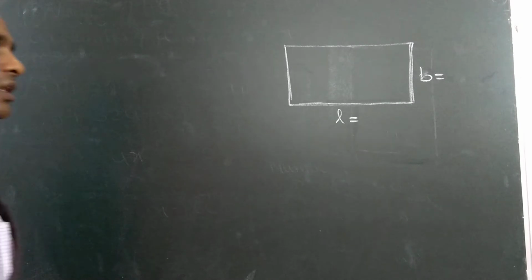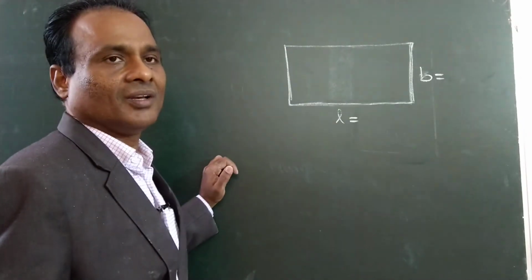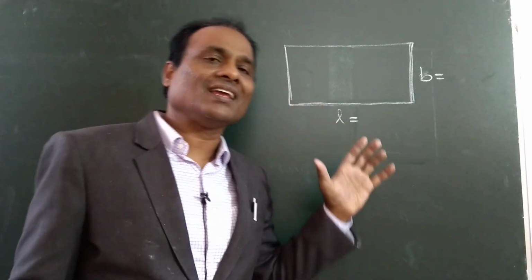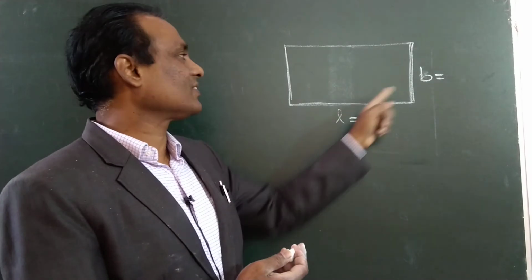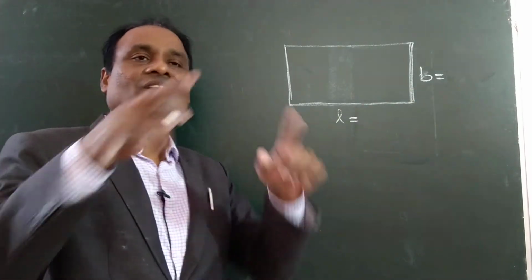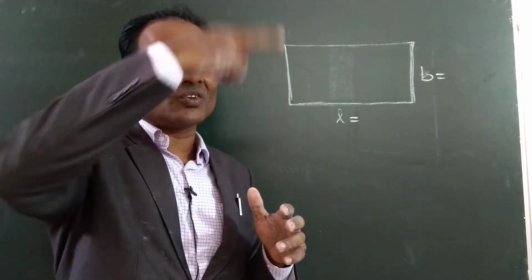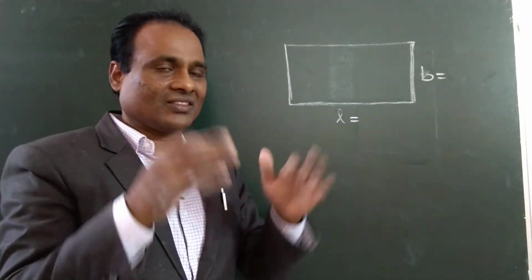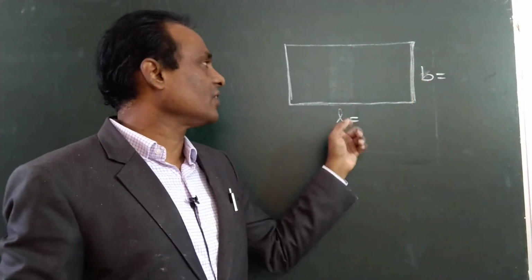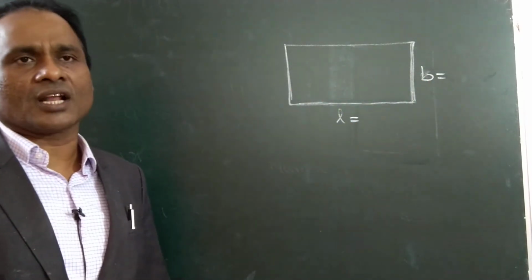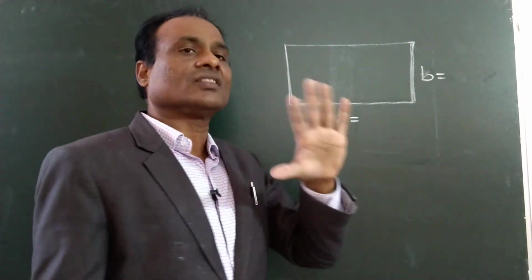See here. This is a rectangular volleyball court. Why am I saying that the volleyball court is in the shape of a rectangle? Because the length and breadth, width are given. Length and width exist only for a rectangle. For a square, only the side will be given. Length and width do not exist for a square. So since length and width are given, it should be a rectangle only. No other option. So what is the width? What is the length? That we have to find.